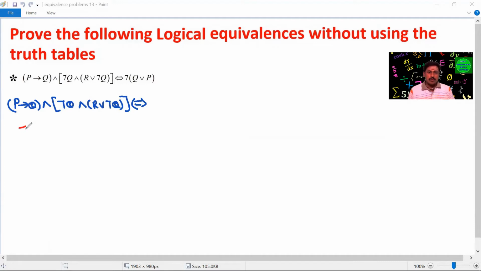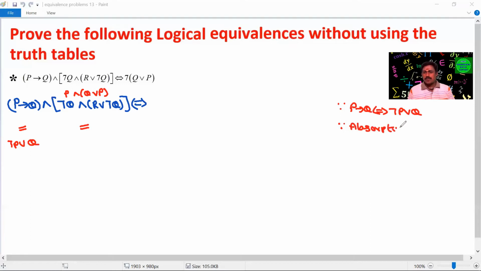If you observe these two bracket terms, we will remember the two formulas. Not P or Q is the formula of if P then Q, that we can apply for this bracket term. So if you observe this bracket term, it is in the form of P and Q or P. Two different symbols, three variables. In the three variables, two are same. So we can remember the absorption law. So therefore, applying the two laws, if P then Q can be written as not P or Q.